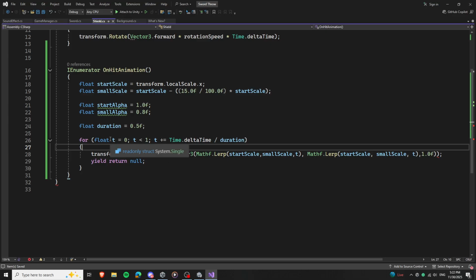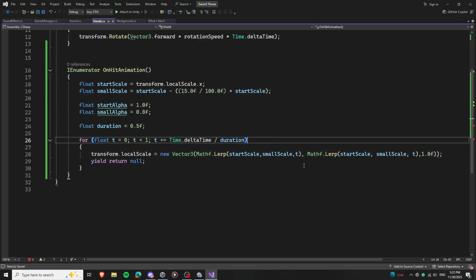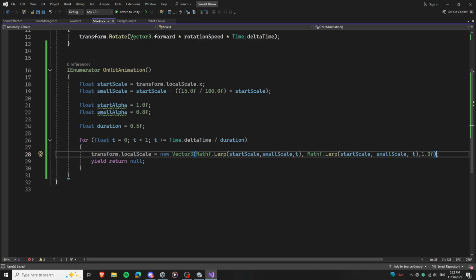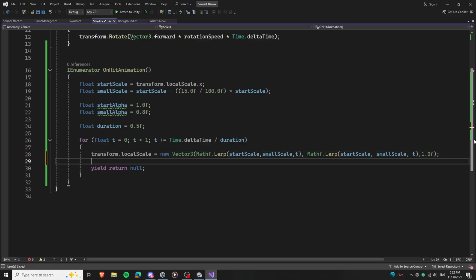So that's why this t here in the for loop goes from 0 to 1, because we need it to go from a starting value to an ending value. 0 represents the starting point and 1 represents the end point. So we do that for x and y. In this case we go from a big scale to a small scale. That's for the scale, and now for the color,